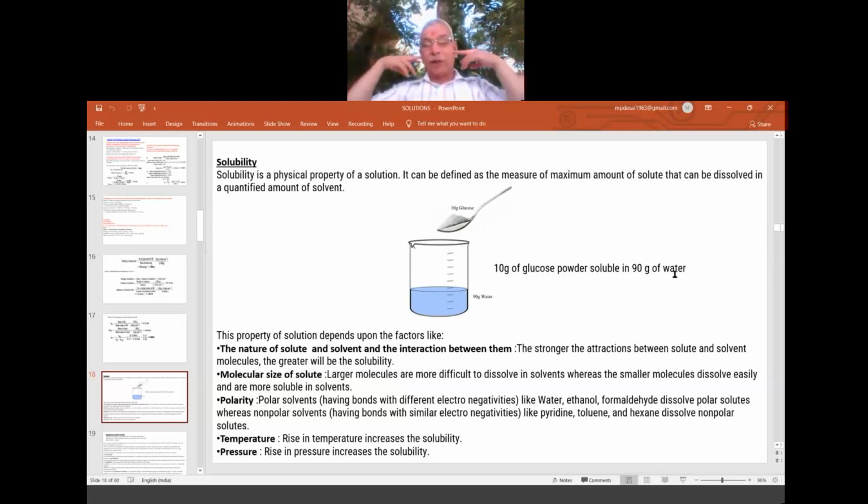Polarity. So there is a saying. Polar solvents like water, ethanol, formaldehyde, where we have the positive pole and the negative pole, that is what polar means. Okay. They dissolve polar solutes. So NaCl in water, both are polar. NaCl polar, water polar. Whereas non-polar substances, which don't have poles, are soluble in normally organic solvents, because organic solvents don't have polarity. So there is a rule: like dissolves like, and unlike dissolves unlike. So it is their agreement and adjustment.